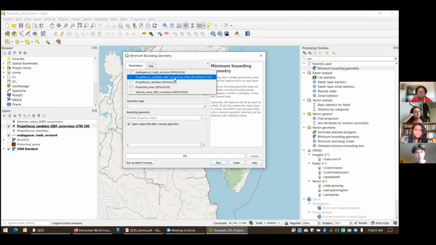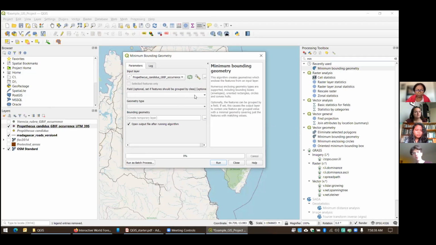So this is the one that I want to use. I want to use the silky Safaka layer that we projected. Okay, this field here, I don't think you really need to worry about right now. This is basically if your data has different types of classes or groupings, you can build the minimum convex polygons according to those groupings or classes. We're not going to do that right now.